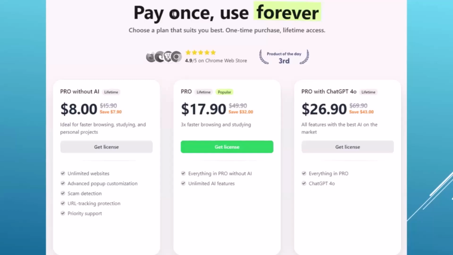That's your license. You own it. If you want the Pro lifetime with AI, then it's $17.90. One time, one payment. Or if you want the Pro with ChatGPT 4 Omni, it's $26.90. One time, you get a license and you're done with it. There's no monthly fee.